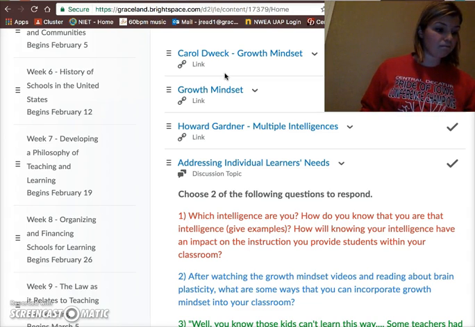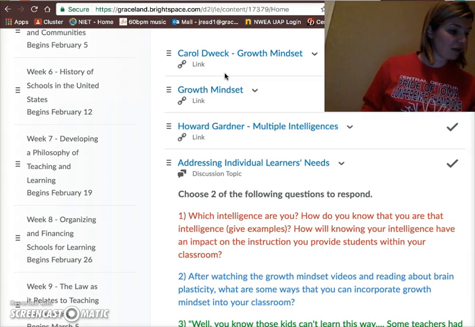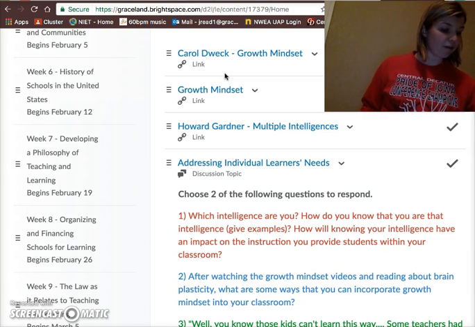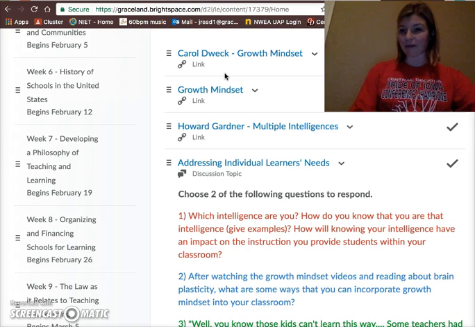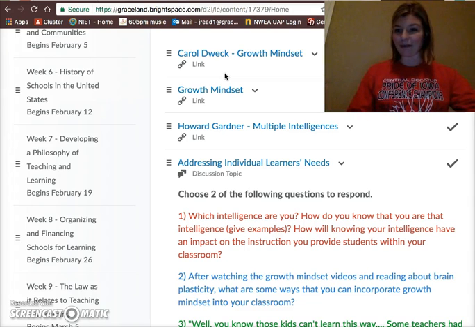A couple other things I want to share with you from this chapter. One thing that is also addressed in this chapter is a safe and caring classroom environment, and the relationships that you build with all your students truly makes a difference. Again, students don't care what you know until they know how much you care.